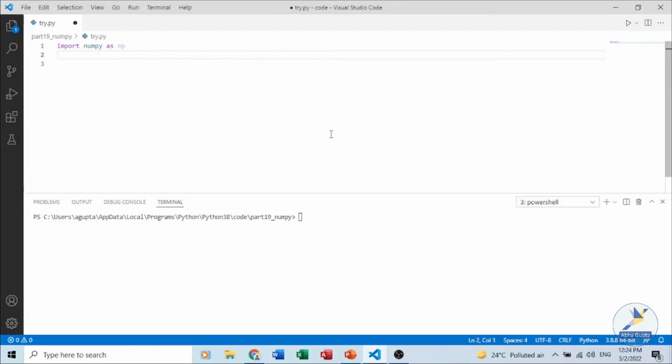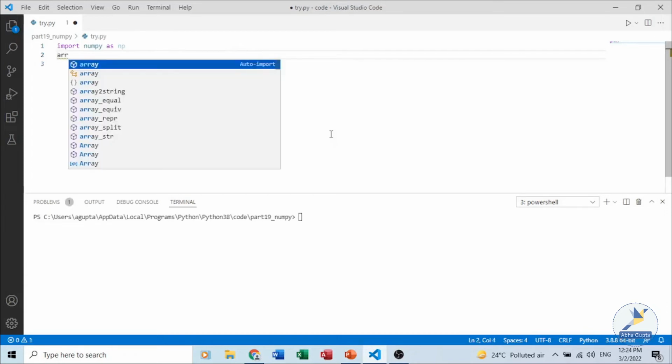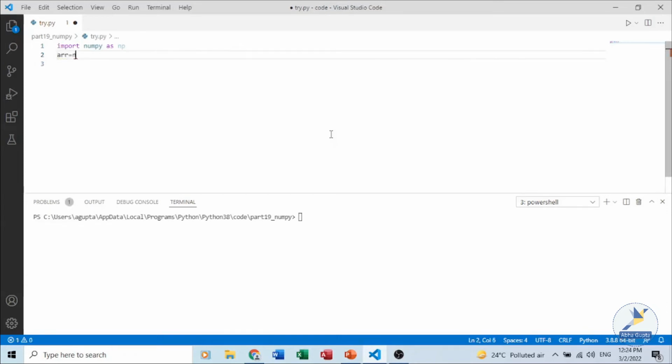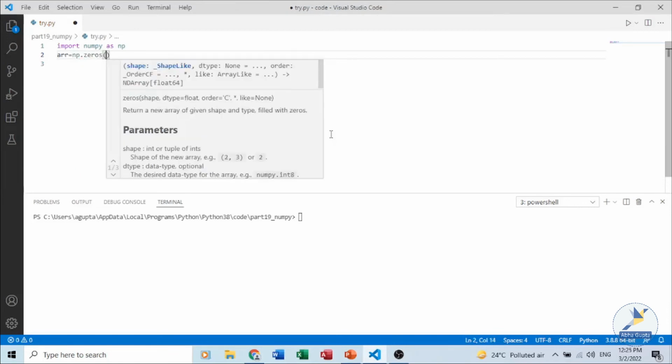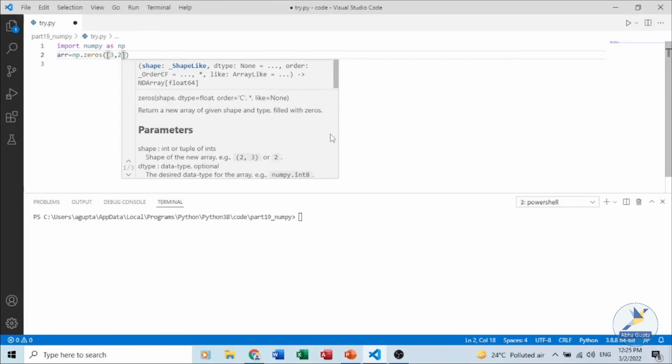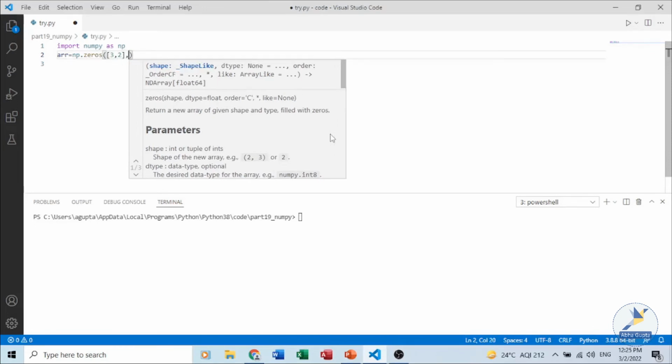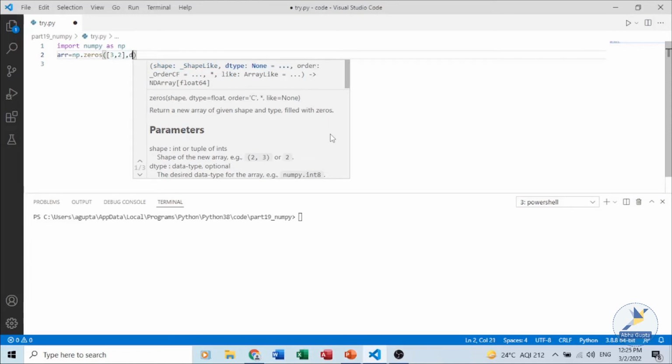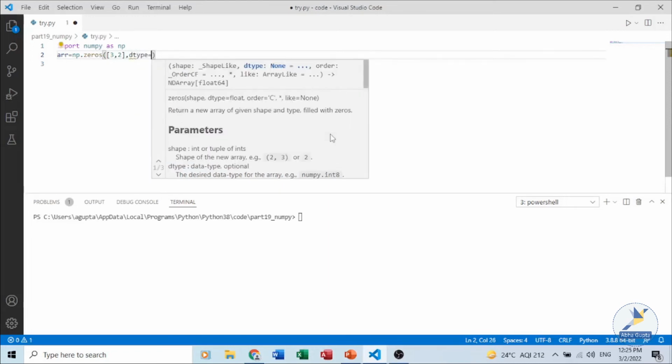First we have to import, and then we can write arr equals np.zeros. We are creating an array of zeros. We know the dimensions, the size of the array. We know it will be 3 by 2, and if we know the data type, then we can also specify the type.